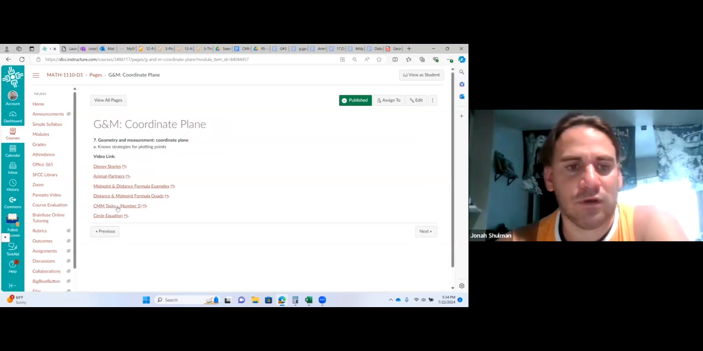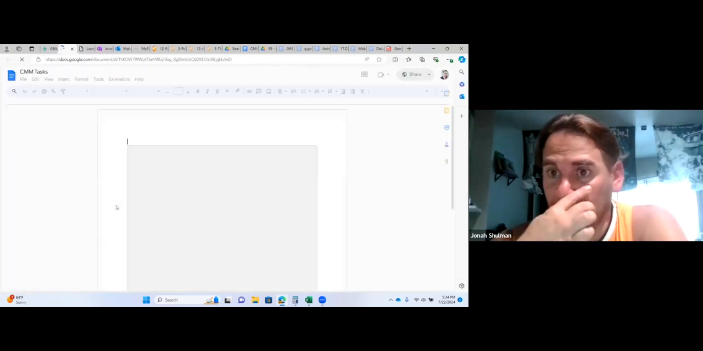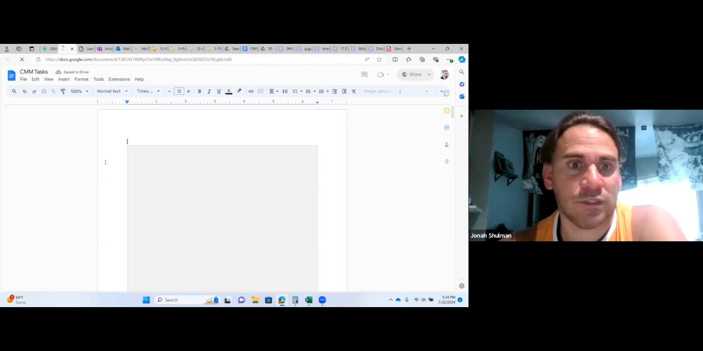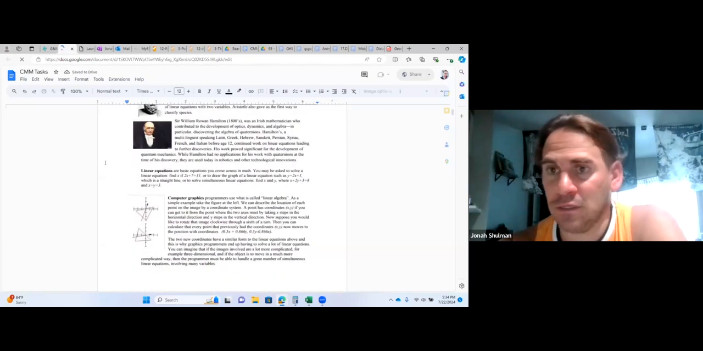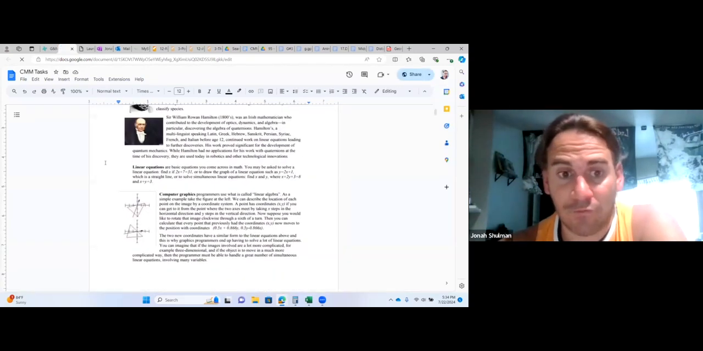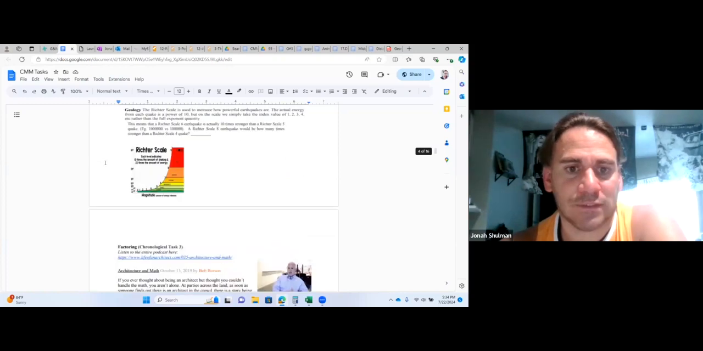So here's the coordinate plane. I'm just going to start with this task. This is something that I built when I was doing my research. I think it's a really good way to first explain to any student about a graph or where it comes from. It's the fifth task